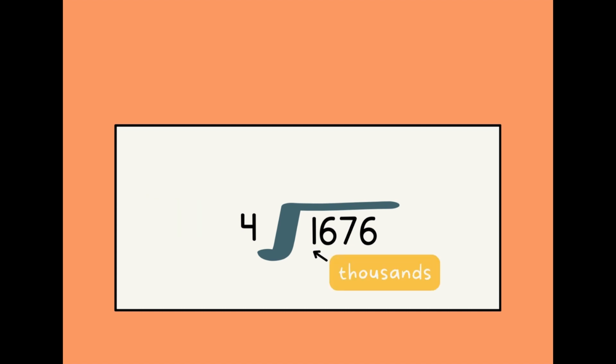So starting from the thousands column, how many times does 4 go into 1? The answer is 0. So we put a 0 above the bus stop and put a line through our 1 and move on to the hundreds column. We carry our 1 to make sure that we're completing the question properly. 4 goes into 16 4 times, which is why we've written it above the bus stop. We are now done with the 6, so we put a line through it and move on to our tens